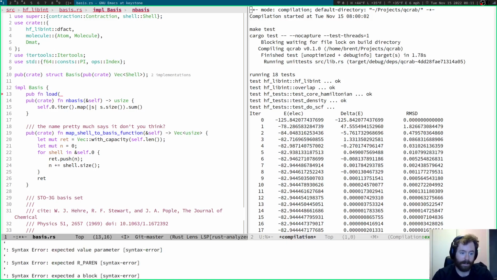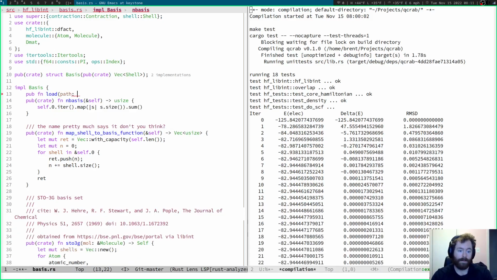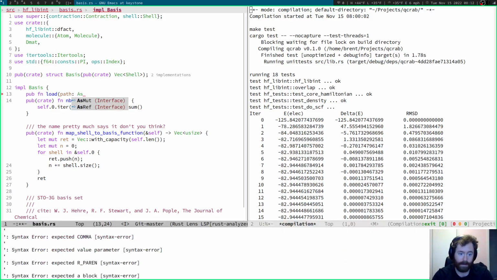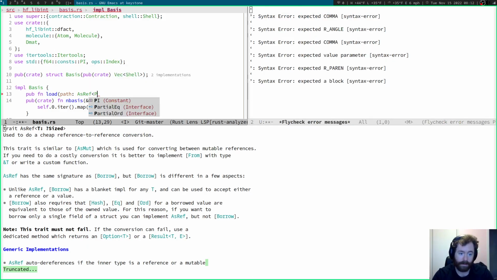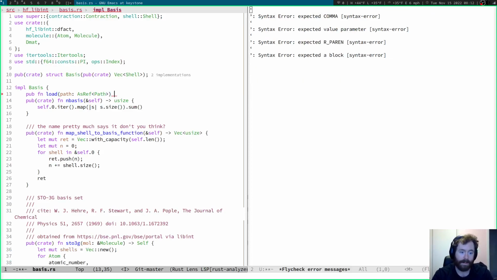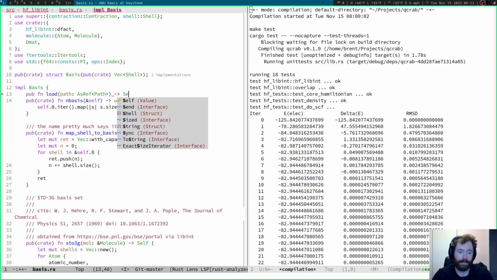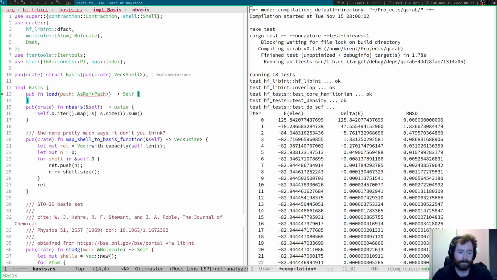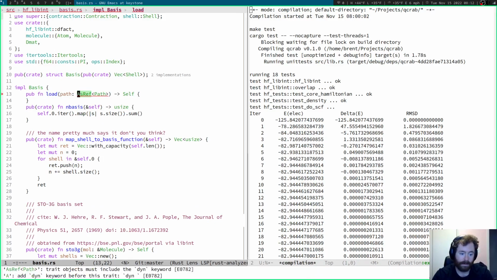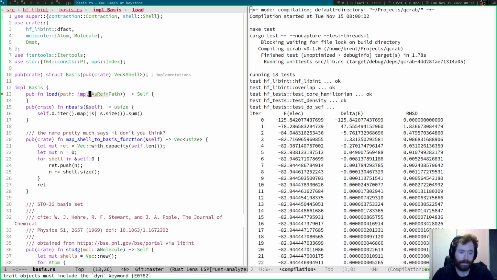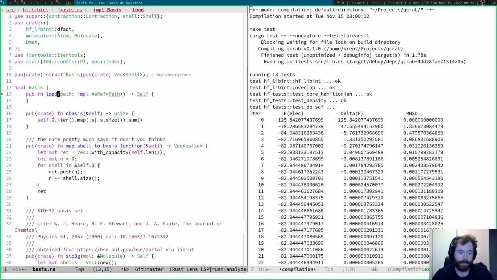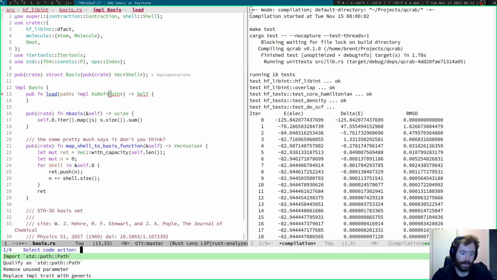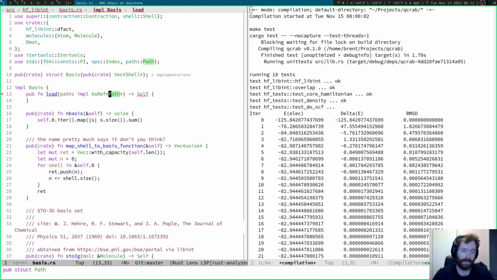I'm going to call it load, and I guess it's going to take a path, which is going to be AsRef Path. I guess it has to be impl that. I always forget. And it's going to return a Self. Okay, yep, so we can take any path,